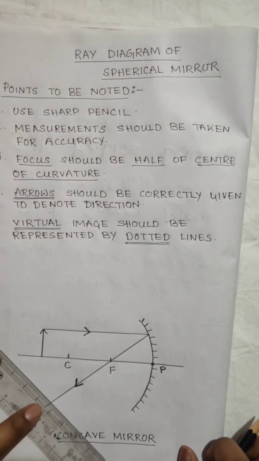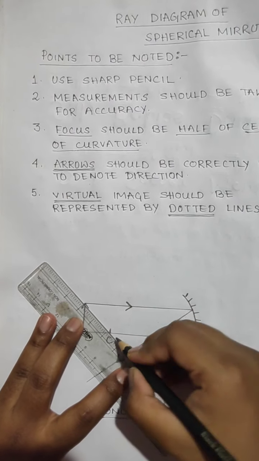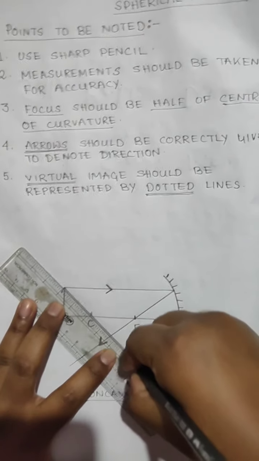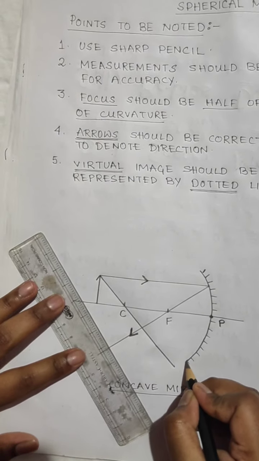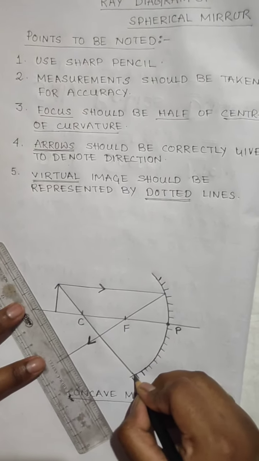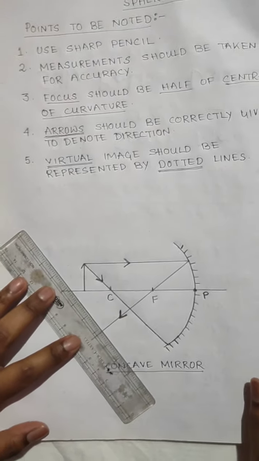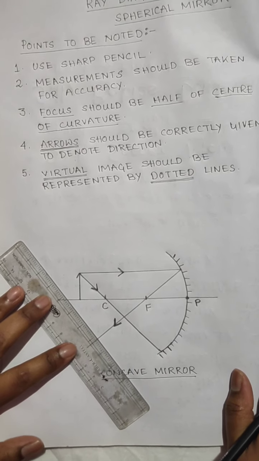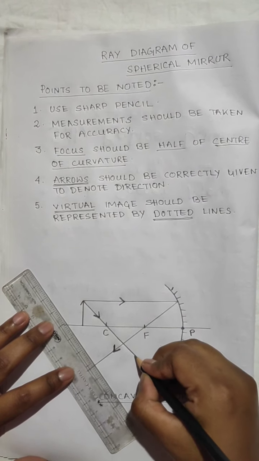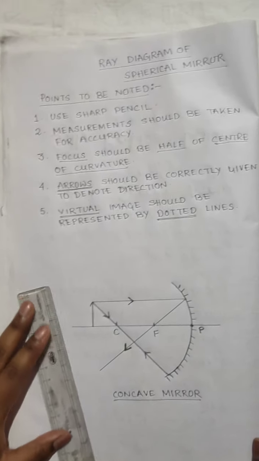Another ray must pass from the center of curvature. So here we have to join this part and this part of the mirror. Here I need to extend the mirror a bit. If you need to extend the mirror, you can. So this is the incoming ray. That is the incident ray, and as we know, any ray which passes through the center of curvature after reflection goes back via the center of curvature. So this is the outgoing ray. So here we have completed a ray diagram.